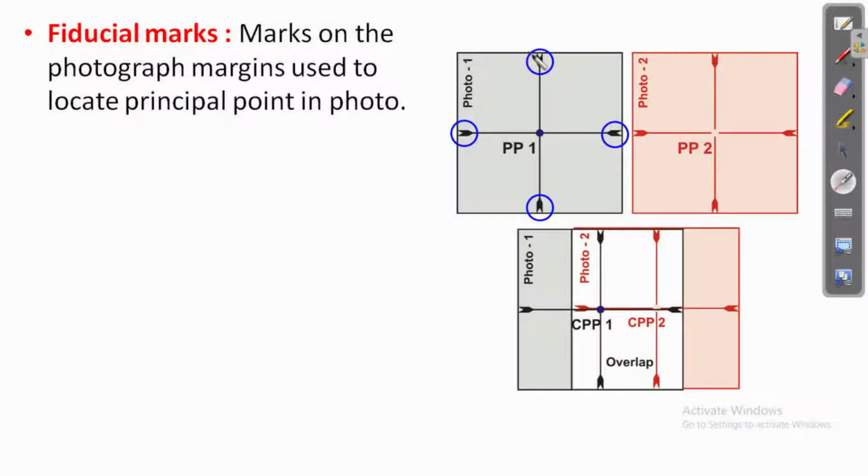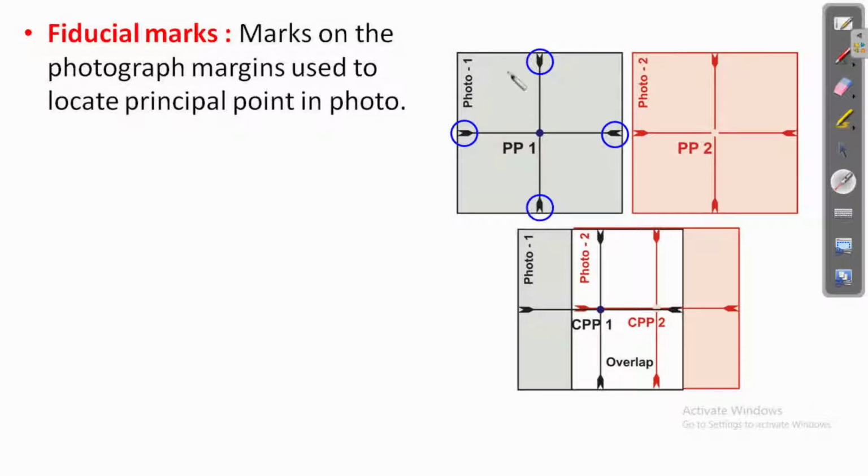It is a small V-shaped cross or small curve on the edge of the photograph or at the 4 corners of the photograph. In some photographs, there are marks on the 4 edges and 4 corners of the photograph. In such a case, there are 8